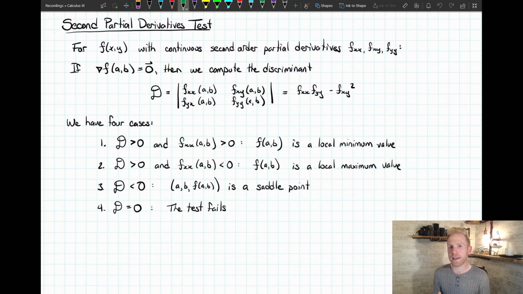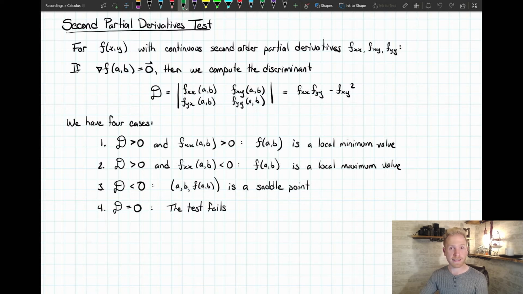That is actually how we conduct the second order partial derivatives test for functions of more than 2 variables. Instead of a 2 by 2 matrix, we could have an n by n matrix though. That's called the Hessian matrix. We could talk about that in a future video, but it's definitely beyond the scope of this particular video. We're going to stick to just functions of 2 variables for now,